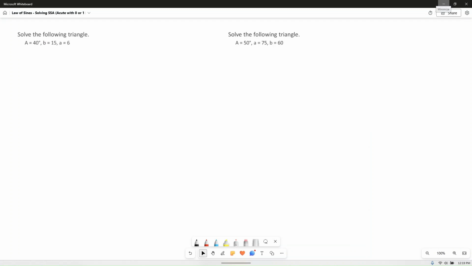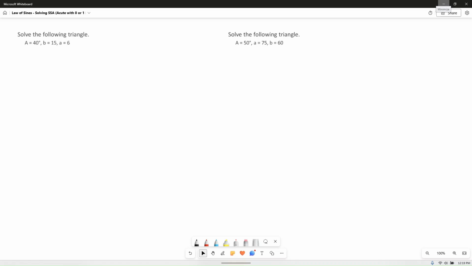Let's look at a couple examples of using law of sines when we have the side-side angle case. With these two examples, we'll look at how do we know if we have no solution or if we have one solution. Okay. So for the first one, we want to solve the triangle where we're given angle A is